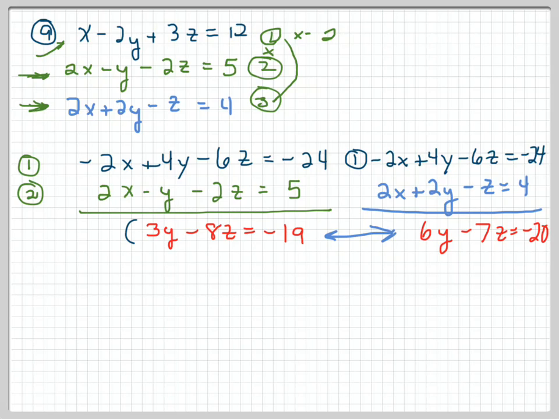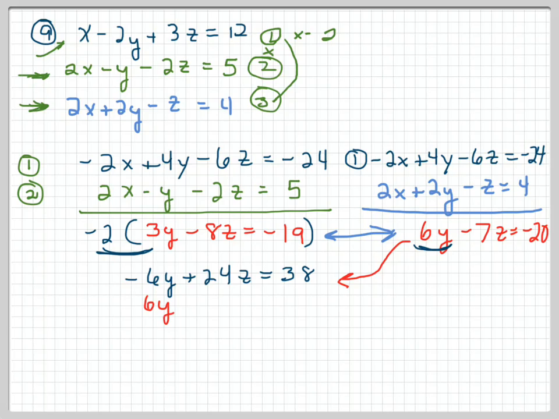So I'm going to take this first red equation times a negative 2, because that's going to give me negative 6, and I've already got a positive 6 in the other one. So when I multiply, I get negative 6y plus 24z equals positive 38. This other red one I'm going to line up right underneath it, and I have a positive 6y minus 7z equals negative 20, just rewriting it. And when I add those two together,